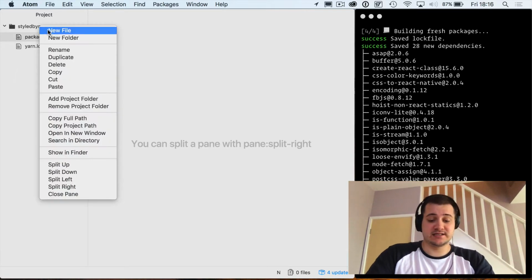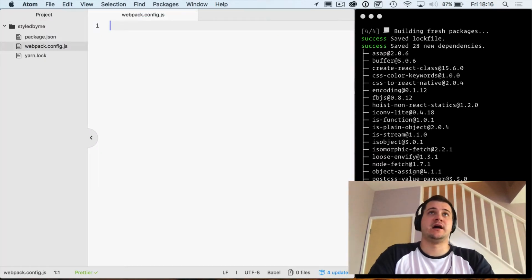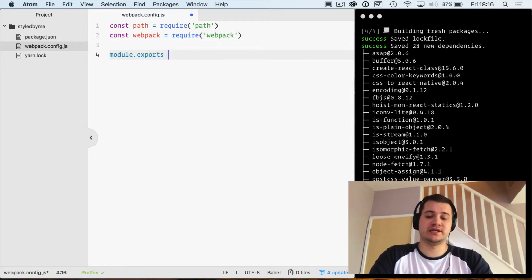So let's get started with our webpack config.js file. Webpack is relatively new to me, and it is quite a monster when you're not used to it. But I've kind of got a flow now that I'm used to. So we need to obviously export